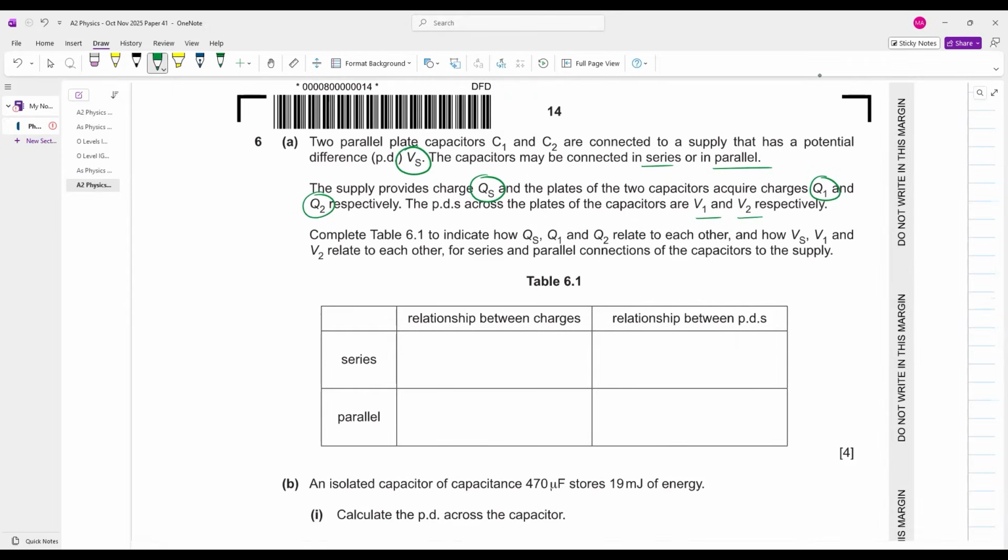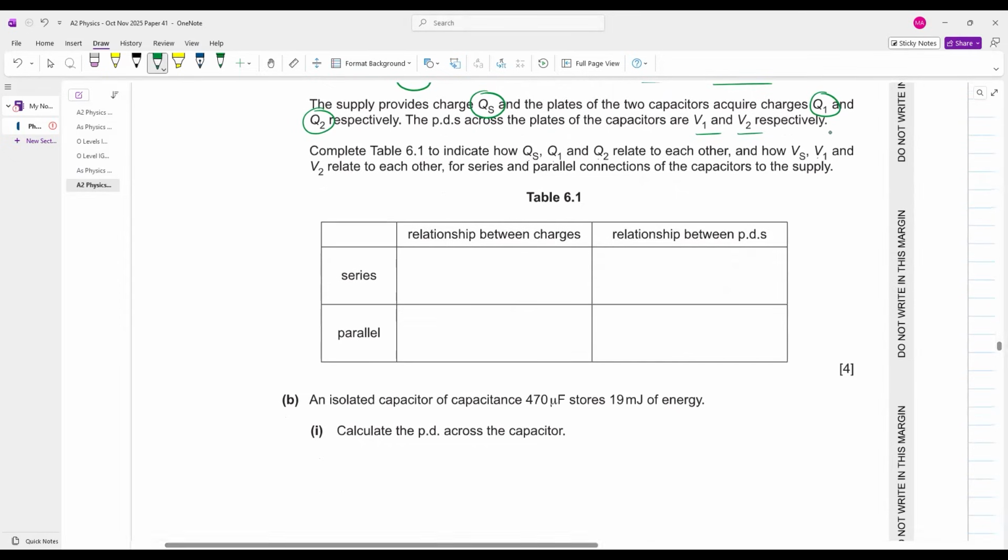Complete table 6.1 to indicate how Qs, Q1 and Q2 relate to each other and how Vs, V1 and V2 relate to each other for series and parallel combination of the connections of the capacitors. ठीक है बेटा, अगर आपके कैपेसिटर सीरीज में लगे हुए हैं,